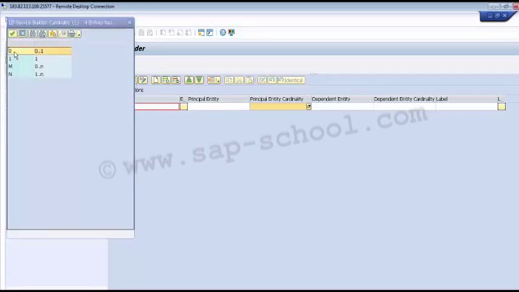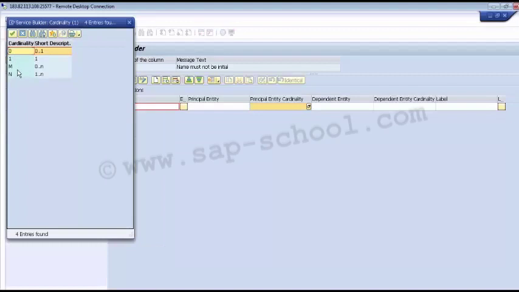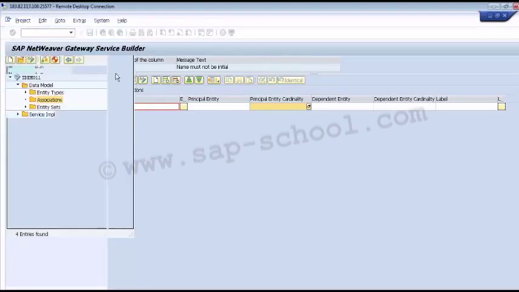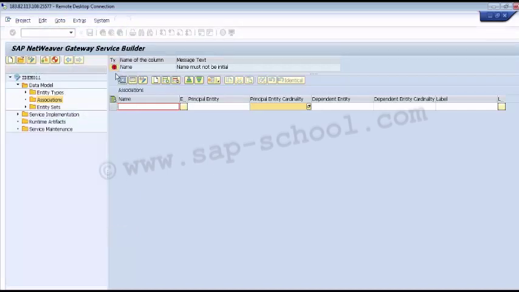As you can see here, we can have 0, 1, m and n. Once we are done with it, we have to select the dependent entity. So we have to enter the name of this dependent entity here, and after that we have to again specify the dependent entity cardinality, then the label.